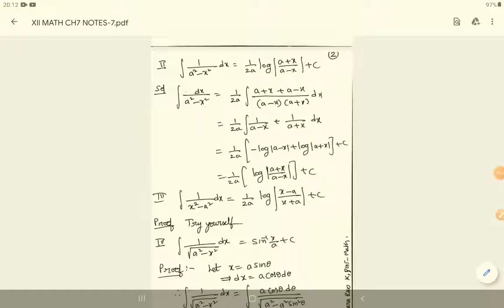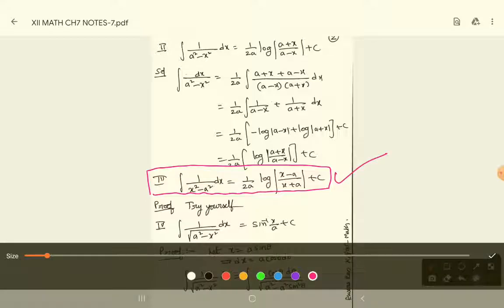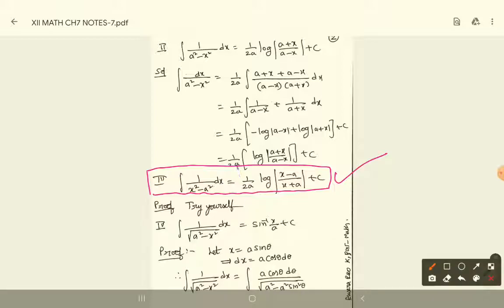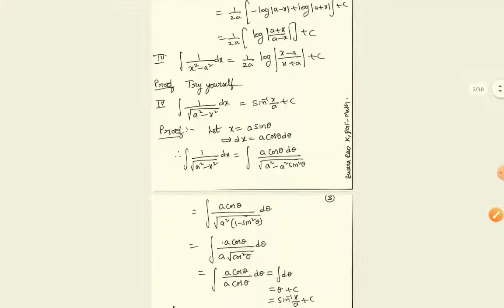Then in a similar way you can prove the third integration, integration of 1 by x square minus a square dx, as 1 by 2a log mod x minus a by x plus a. This also you should remember by heart. The solution is the same way as the other question. But 1 by 2a division is not possible outside in the same way, you have to remember that. Same only, a plus x plus a minus x you should add inside. Then the division you can do, you will get it, 100%, I am sure. So please try to do this third derivation yourself, try to learn it yourself. Because now they are asking for derivations also, you will have to concentrate.